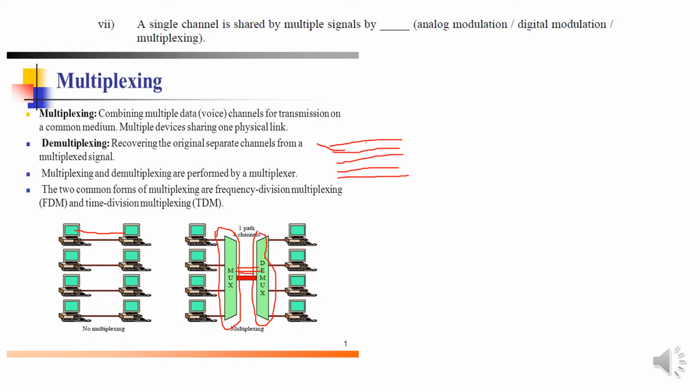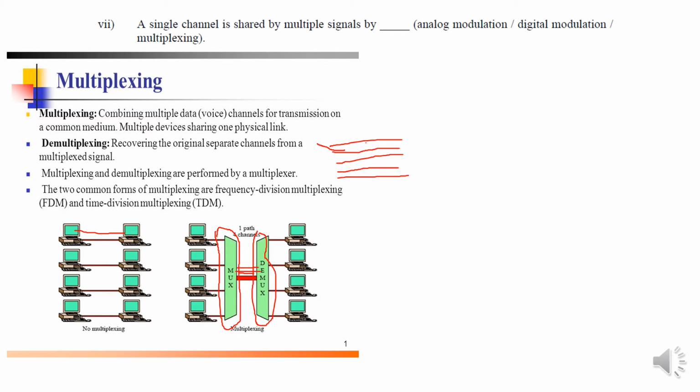This channel is divided based on frequency. The example is FM radio: there are many FM channels, maybe 10 or 20, but they differ by their carrier frequency. We say 91.9, that has one frequency; 92.3 FM has a different frequency. But all are going through the channel. Here the channel is the medium, the air, so all are coming through the air, but they are multiplexed, that is, they have different frequency bands.